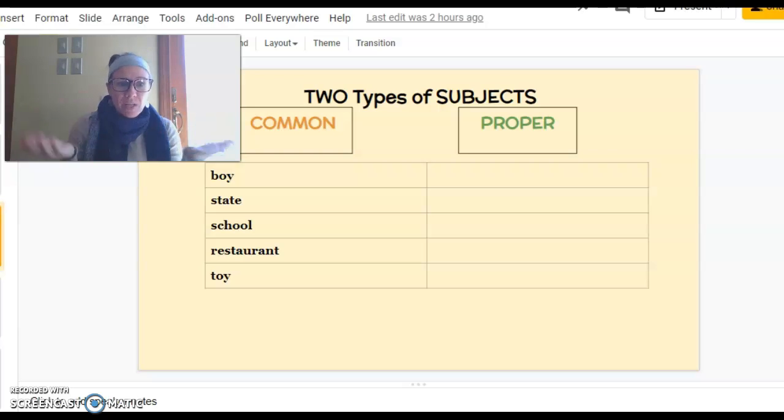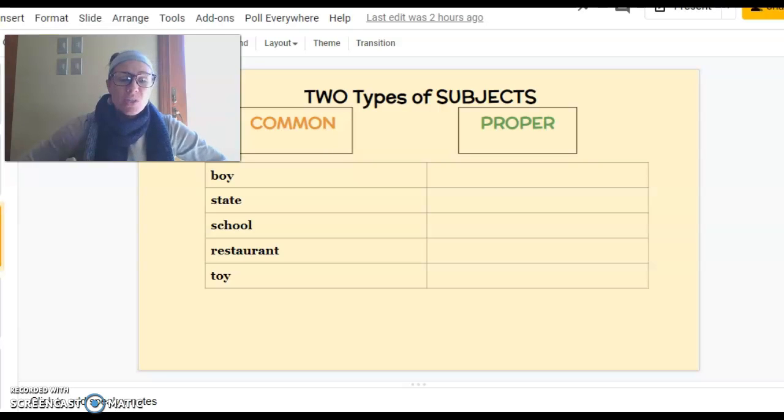Good. And then we know that there's two parts to every sentence. A bare bone sentence has to have a subject and a predicate. And we've been talking about the subject so far. Let's review that too. Do it with me. A subject names the person, place, thing, animal, or an idea that the whole sentence is focused in on.